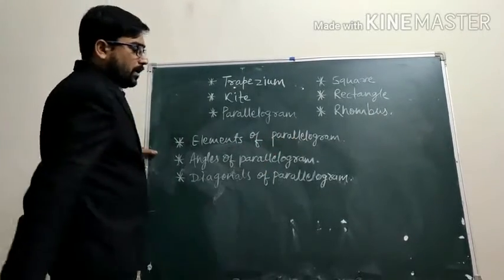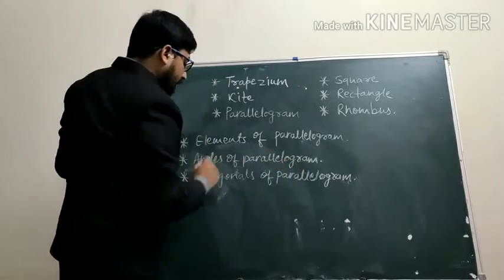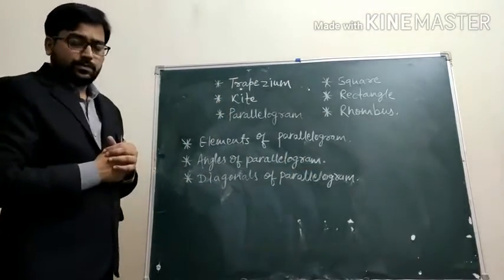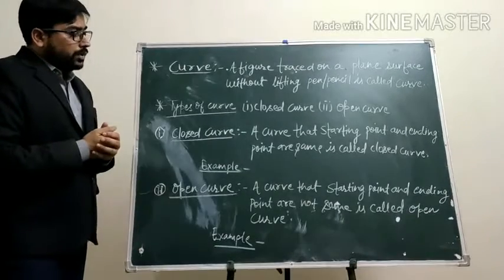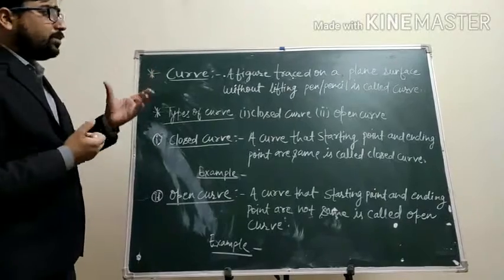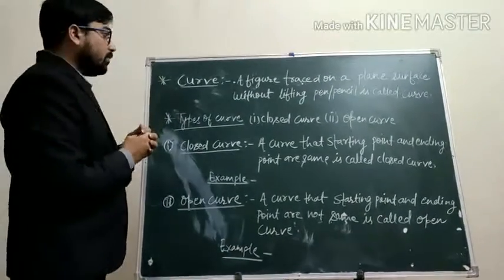Elements of a parallelogram. What are the elements of a parallelogram? Angles of a parallelogram and diagonals of a parallelogram. Now, before starting what a polygon is, we will discuss some important concepts we use in this type of